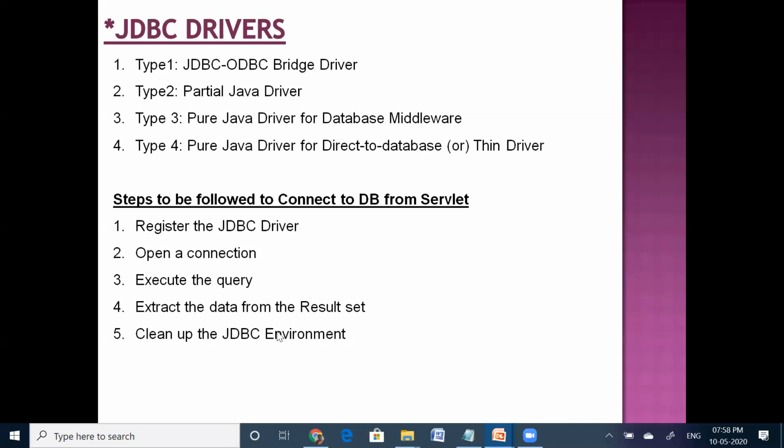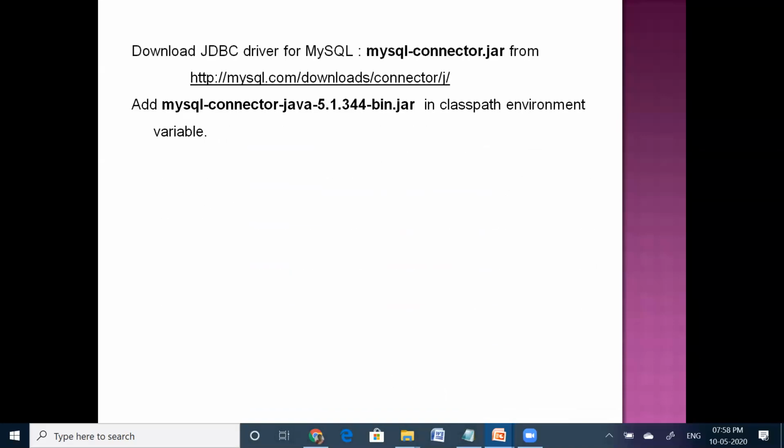For closing the connection, if you clean up the JDBC environment, or remove all the objects that were created previously, then automatically the connection will be disconnected between the JDBC driver and the database server. So if you want to interact with any kind of database server from any program, these are the 5 steps we need to follow. Let us see how to write these 5 steps.